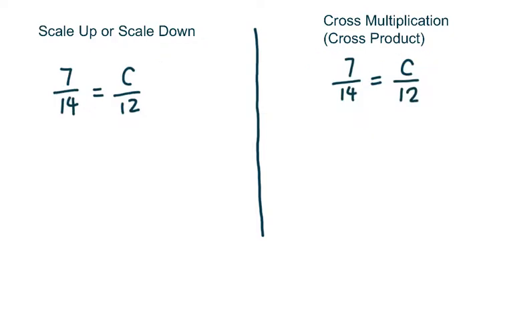The last example is 7 over 14 equals c over 12. This one is a little bit special. I want to go over the cross multiplication method first, and then go over the scaling up or scaling down method. So by using cross multiplication, I know I first need to multiply either 7 by 12 or multiply 14